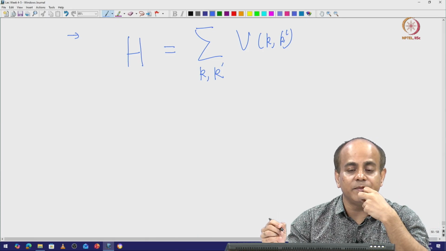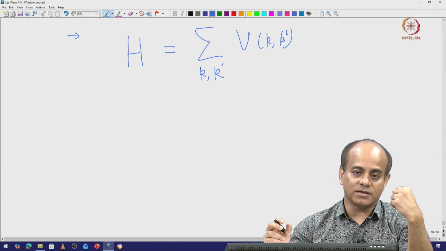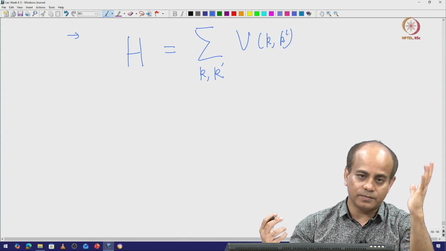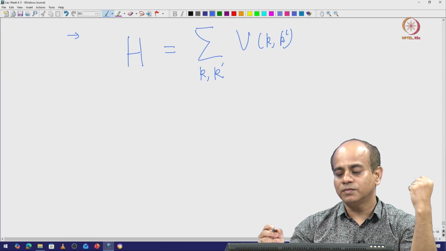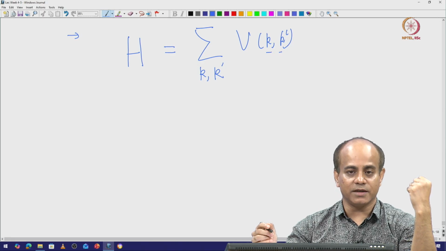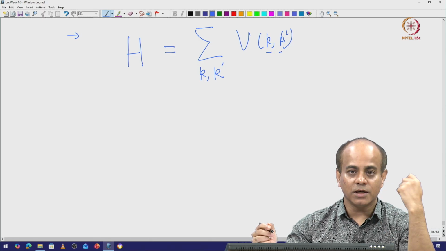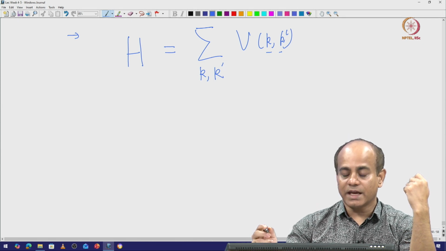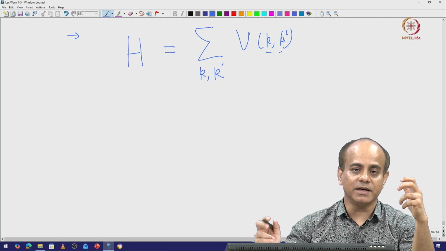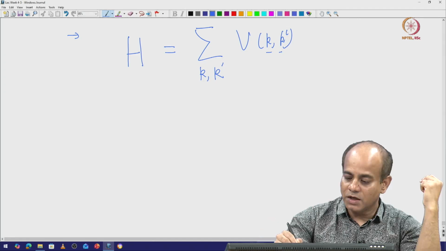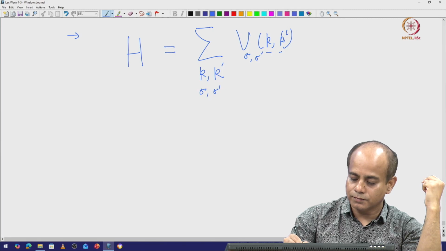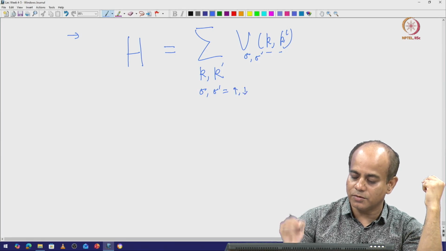So, V k k prime is the effective electron-electron interaction, and we are assuming that this interaction is attractive for one of these mechanisms, and in general also we are assuming that this is k dependent. For the electron phonon coupling case it will be more of a k independent, but for a spin fluctuation case it will be k dependent. So, I am starting with something general. I am also putting spin indices, which for electrons we will choose to be up and down spin,